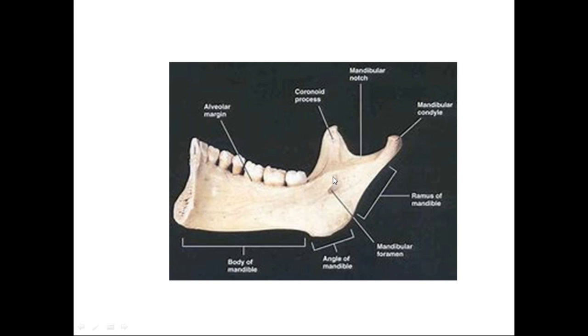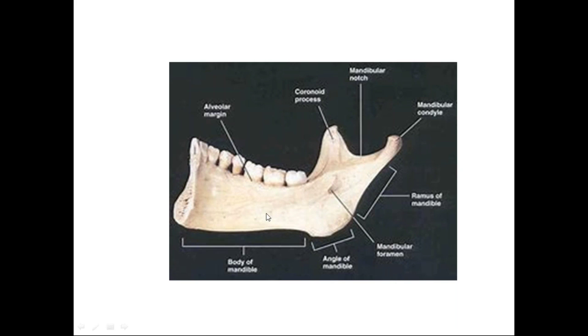In the inner surface, at the ramus, you have a foramen, that is the mandibular foramen. Just behind the mandibular foramen, there is a faint line known as the mylohyoid line, the oblique line of mylohyoid. This mandibular foramen has a tongue-like projection covering it, known as the lingula. The lingula of the mandibular foramen provides attachment to the sphenomandibular ligament, which is an accessory ligament to the temporomandibular joint.